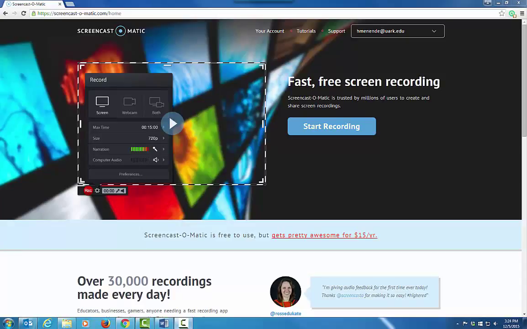So I'm going to show you how to make a screencast using Screencast-o-Matic. First thing you need to do is go to the website Screencast-o-Matic.com. When you're here, there's actually two different options for recording. One is through your web browser using a Java applet. You'll need to install their screen recorder launcher and allow it to run each time you start a new recording